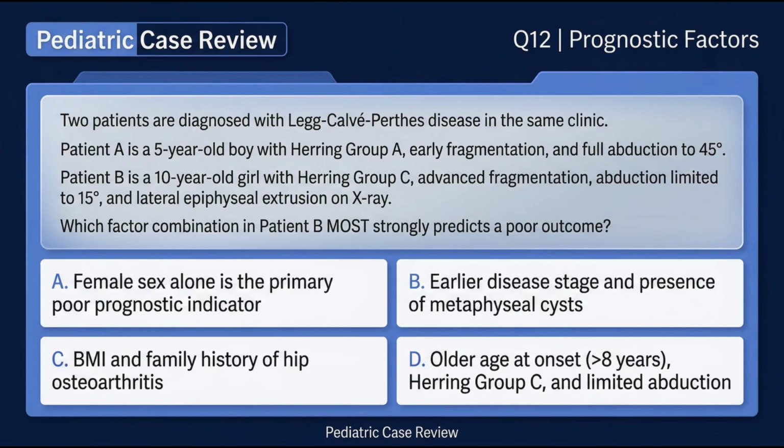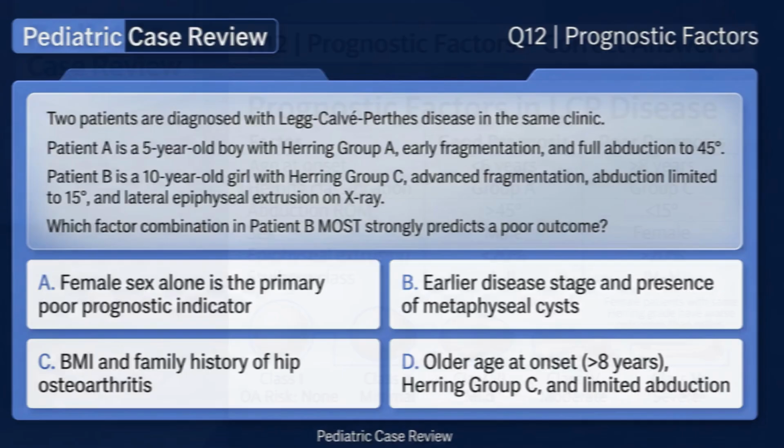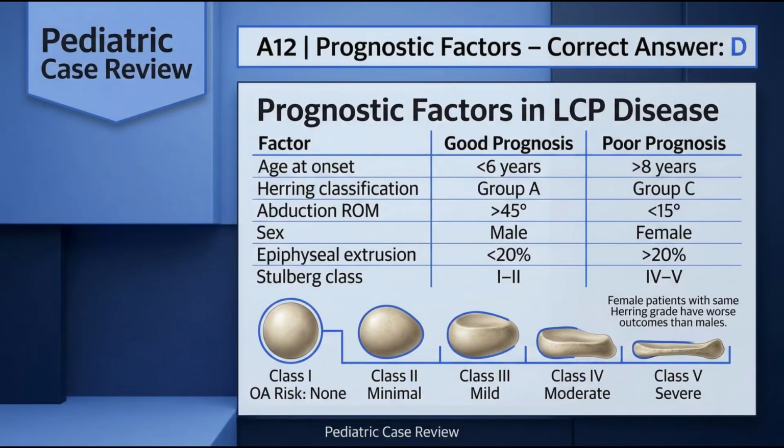Option A, female sex alone is the primary poor prognostic indicator. Option B, earlier disease stage and presence of metaphyseal cysts. Option C, body mass index and family history of hip osteoarthritis. Option D, older age at onset above 8 years, Herring group C, and limited abduction. The correct answer is option D, older age at onset above 8 years, Herring group C, and limited abduction below